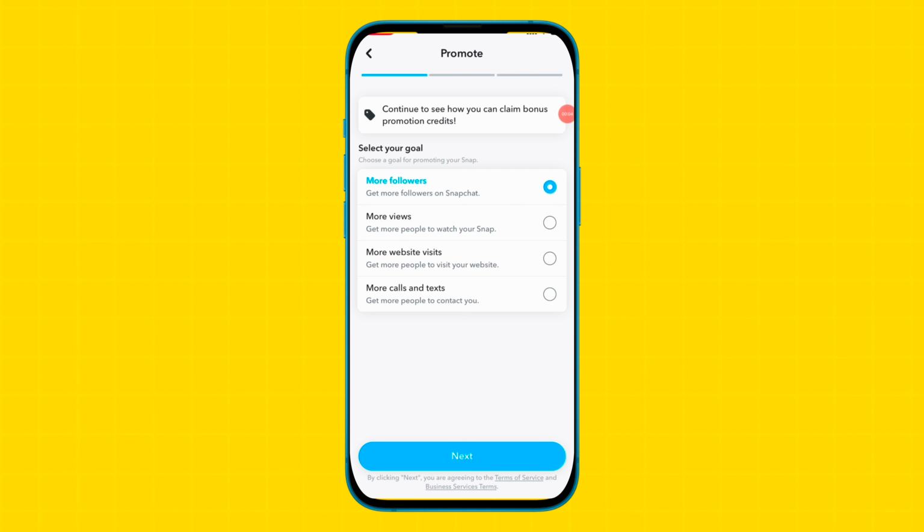So guys, as you tap on the promote option, this kind of page will open. Basically, by using the promote option, you can start a paid ads campaign, and by using a paid ads campaign, you can get more followers, more views on your story, and also generate leads on your website. So friends, if you want to run paid ads on your public story, as you tap on the promote option,